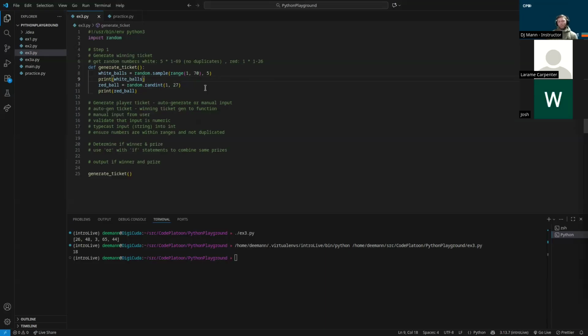What's the one thing we need to do to our function to make it so that we can reuse this? Right now it is doing the functionality that we want, but it's printing our output out, and as soon as we get to this line right here,